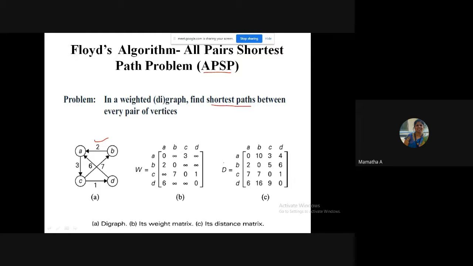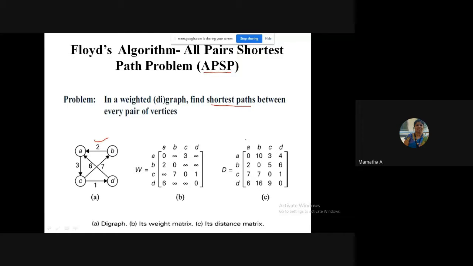Remember, normally in Warshall's it was a diagram. Here it is a weighted diagram. So in Warshall's I used normal adjacency matrix. But normal adjacency matrix will not work for me. I have to use weighted matrix, or I can tell cost adjacency matrix. I have to write that. So let me just tell you how to write. So again, it's the same thing. It is a matrix of size n cross n, but it is not a Boolean matrix. So you can just observe how to write this matrix. Just see the matrix.